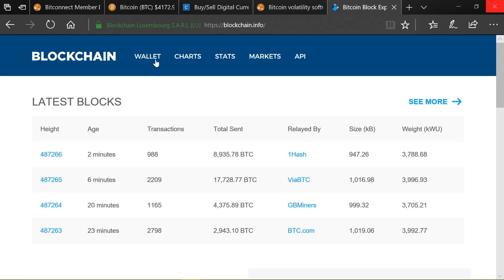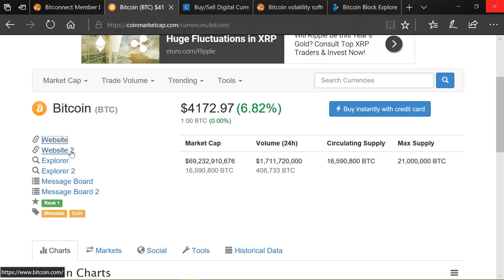It's just like a normal bank. You pay dollars in, or pounds, or euros, and you can exchange them for the day's rate that is shown on the markets. You can then send that either to your web wallet, or to a downloadable wallet. So if we go back to Bitcoin and back to the website,